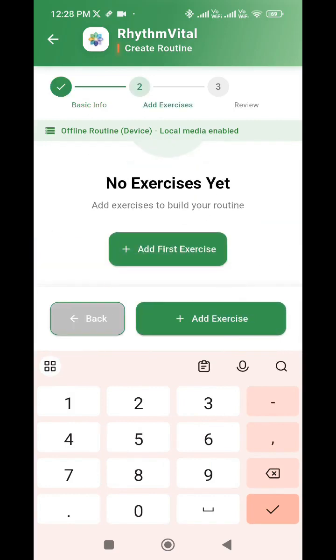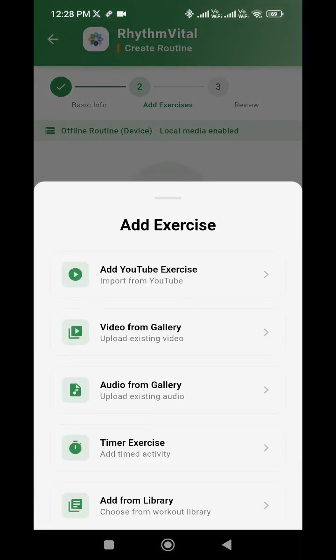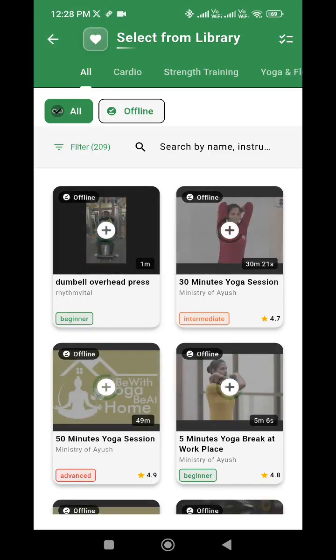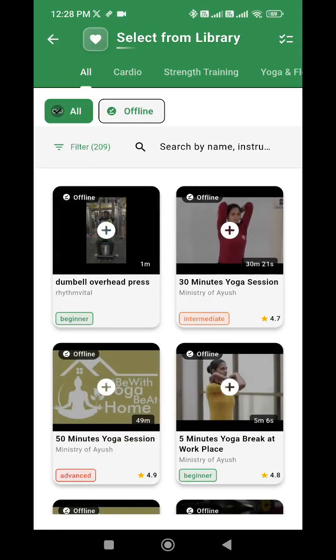Let's keep it that way. And you can add multiple exercises here. Let's add the first exercise. So we've added from the library. We have an exhaustive list of library entries as well. This is something that we have added. Suppose,